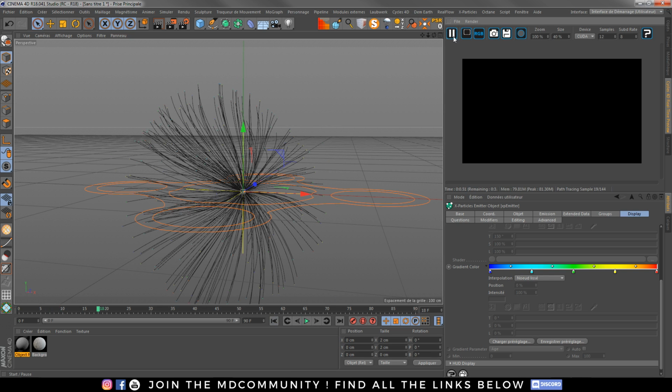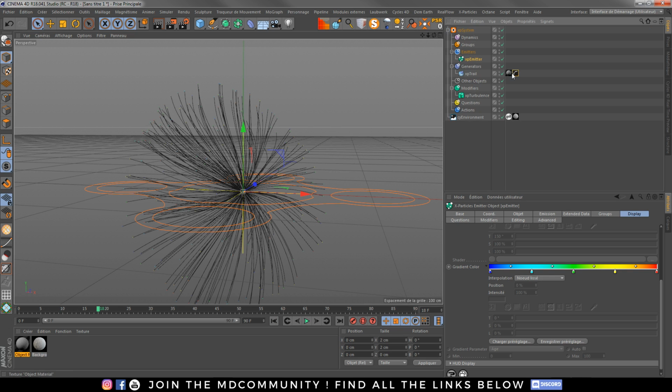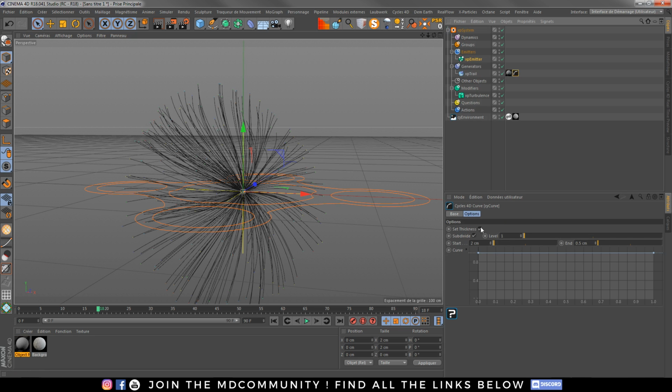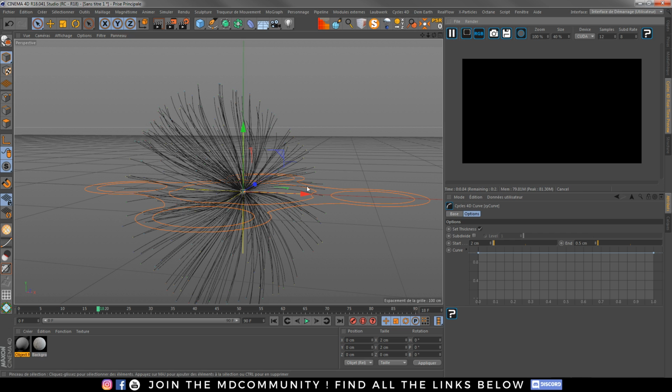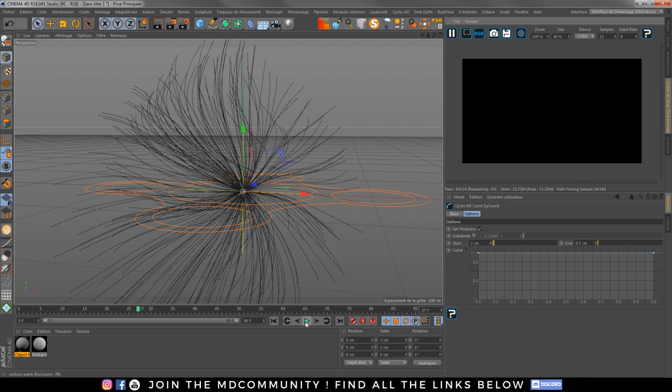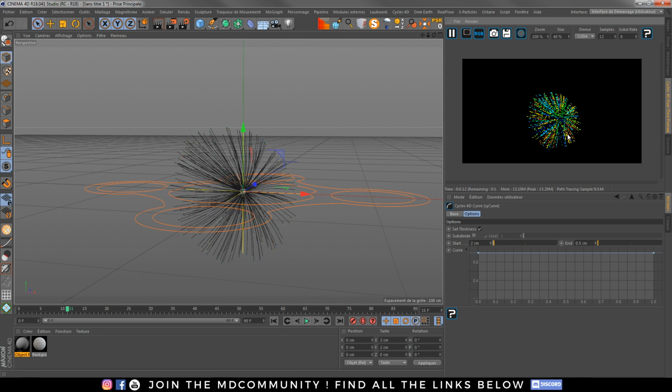And this still doesn't work. That's a bit strange, because that's the usual workflow I had. Probably I missed something. I will just untick subdivide at the moment and see if it works, just to have a quick render. Yeah, okay, I have a small bug, but at the beginning I see my different trails. So I will not spend time trying to look where my problem is,